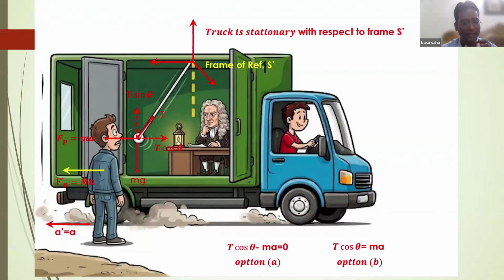It does not create any difference between this bob and the bob connected with the rigid body. There is no difference. You have to apply. If you want to analyze this particular bob connected with a rod as a system, first define the system whose motion you want to analyze. Here the system was this bob, that's why we apply here.